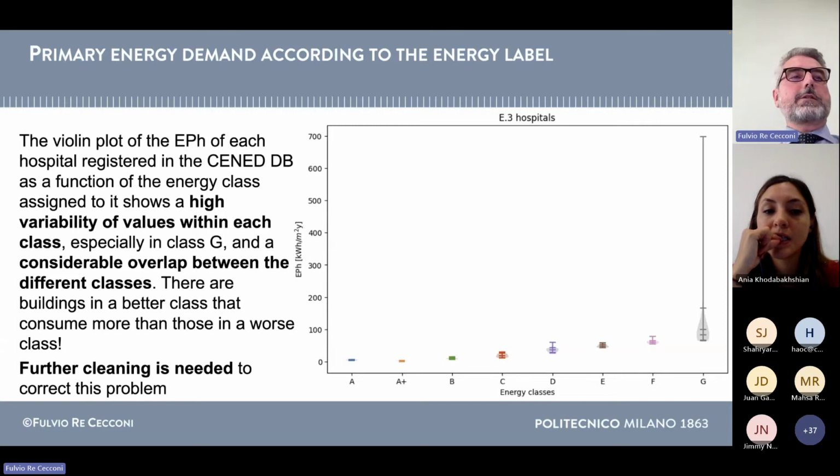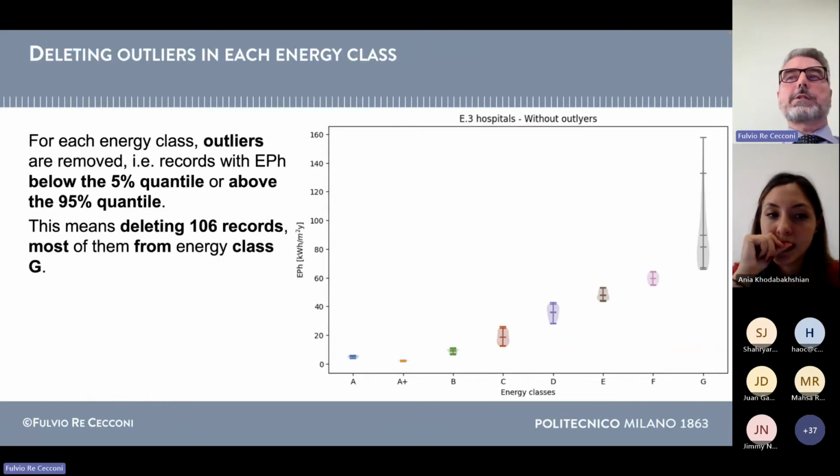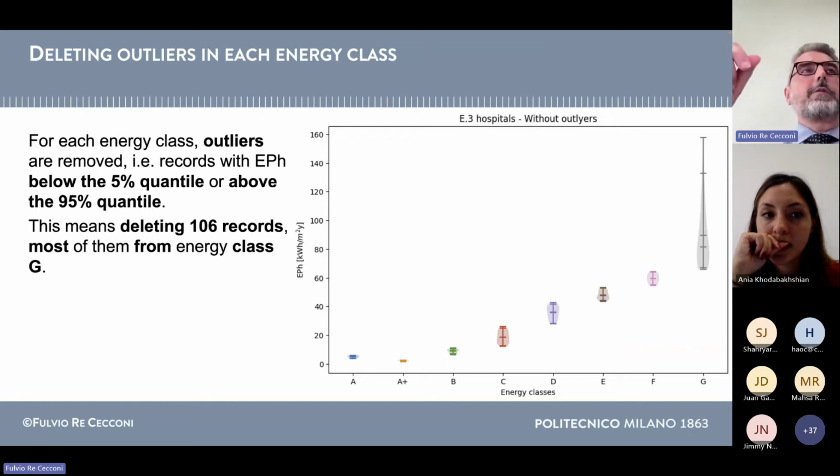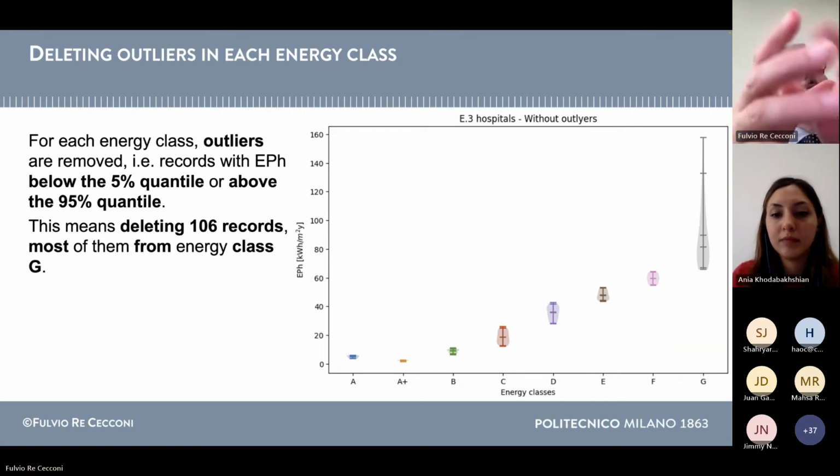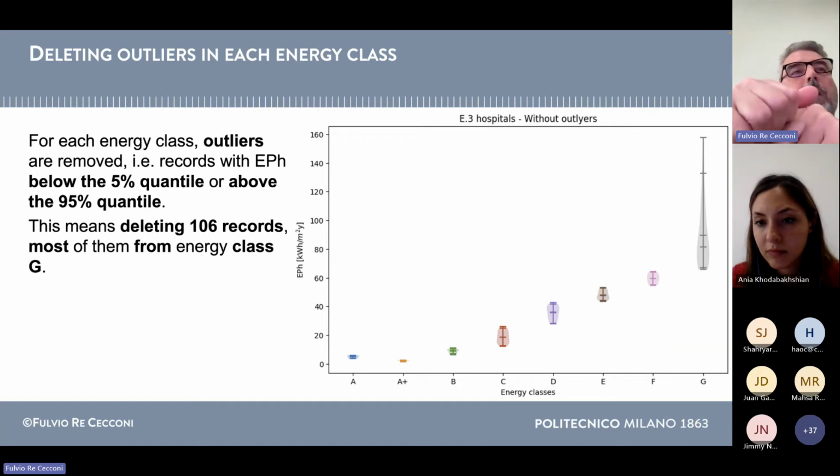And the cleaning in this case was just deleting the outliers. So we delete the records below the 5% quantile or above the 95% quantile. And in this way, we deleted 106 records, so a lot of